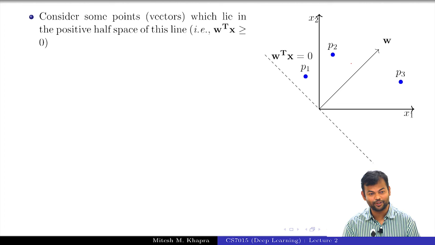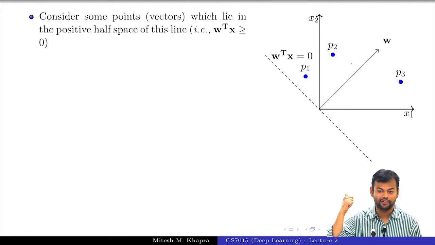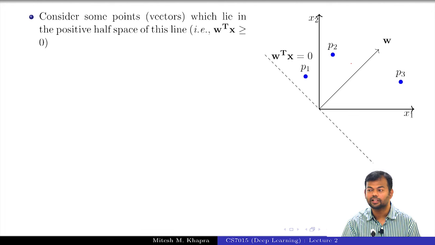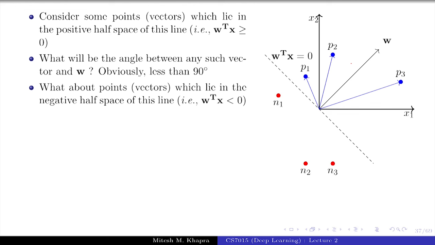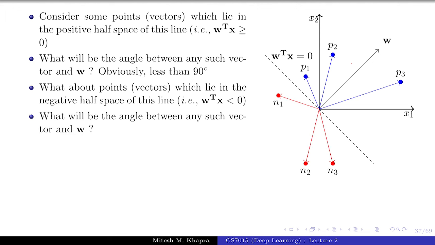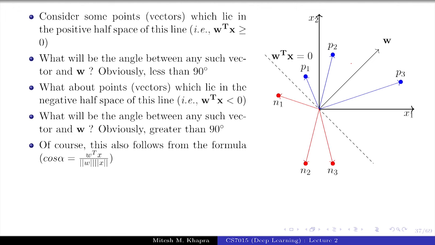So I'll give you three options: equal to 90, greater than 90, less than 90. Less than 90. It's obvious from the figure, right? Now, if I take any point which lies in the negative half space, what is the angle going to be between them? Greater than 90, right? Again, obvious. And it also follows from the fact that cos alpha is w transpose x divided by something, and we know that for the